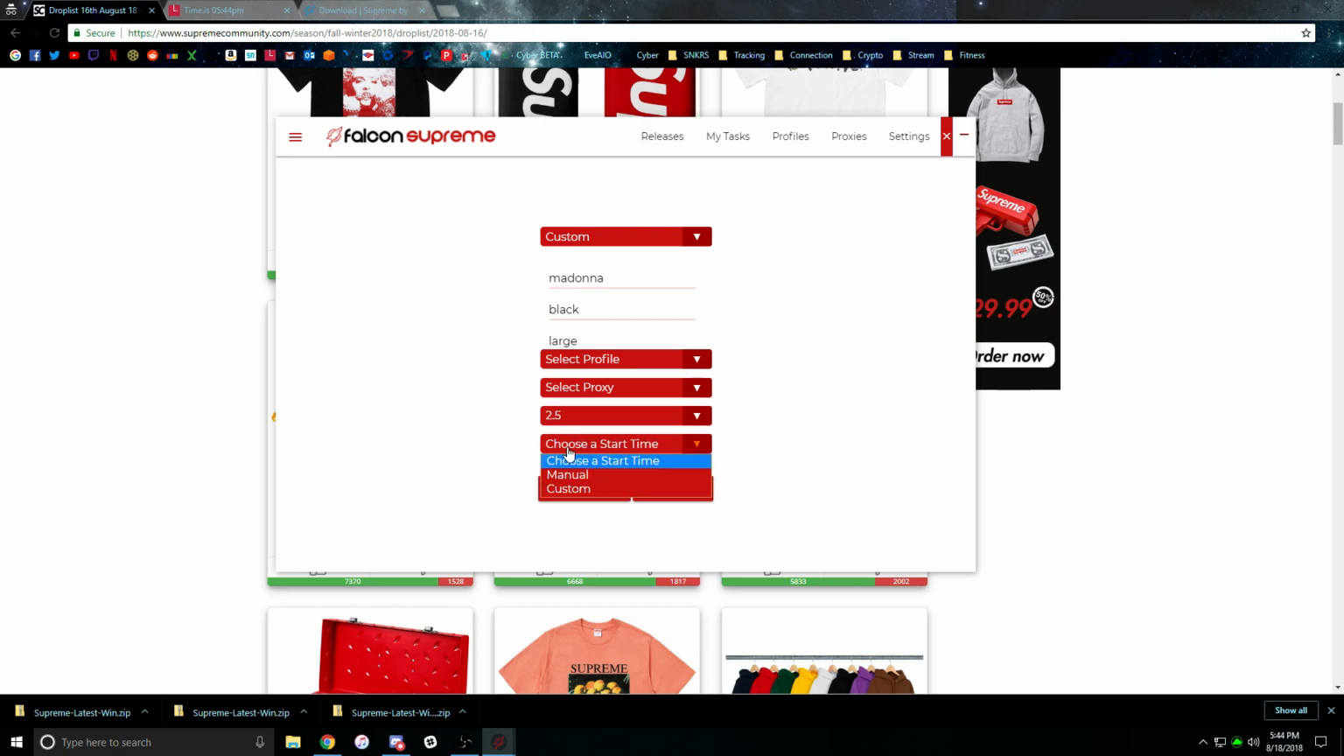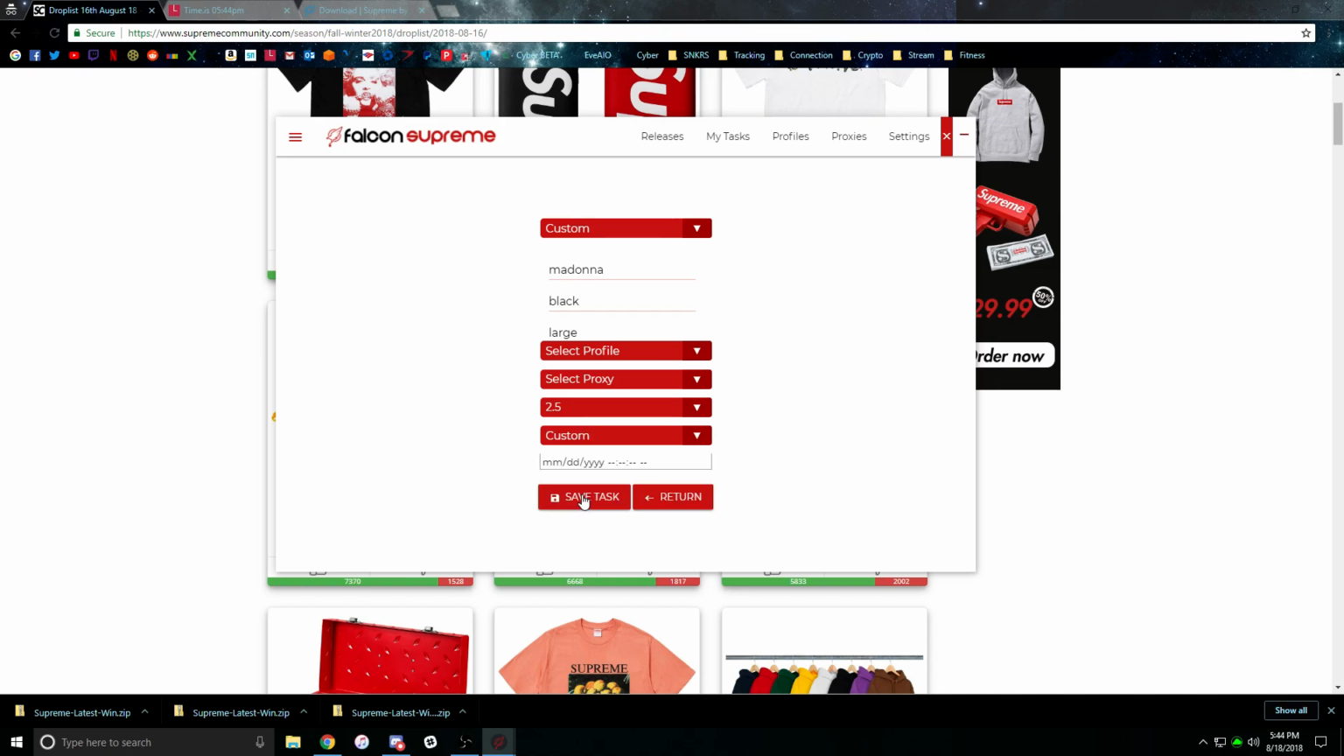So start timer. This is basically where you choose to either have a manual, where you start your task on your own at a specified time, or you have custom, where you can just schedule it so that your task automatically starts. Let's say you were out of town or something for the day, you can just schedule your task to start at the time we tell you. Usually, now that we're talking about that, you want to start tasks 15 to 10 seconds before the